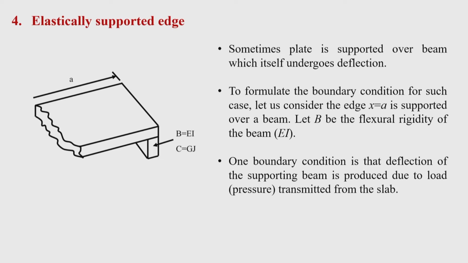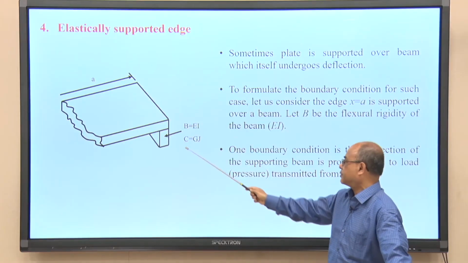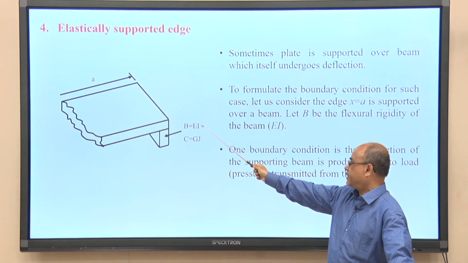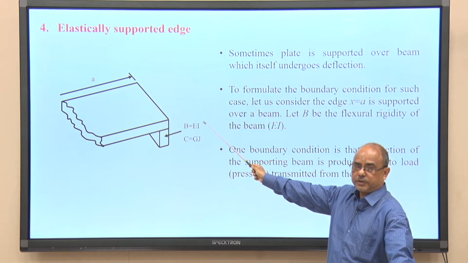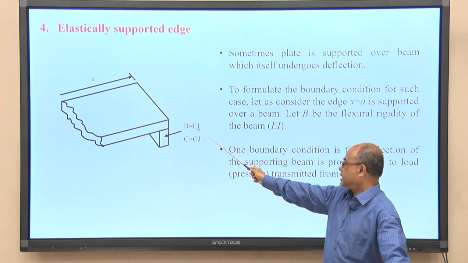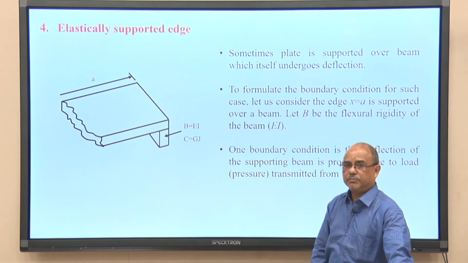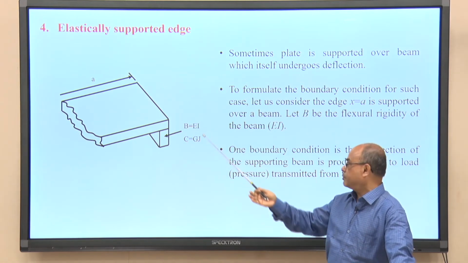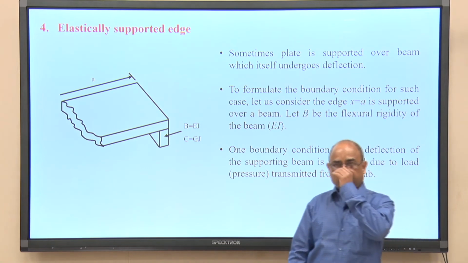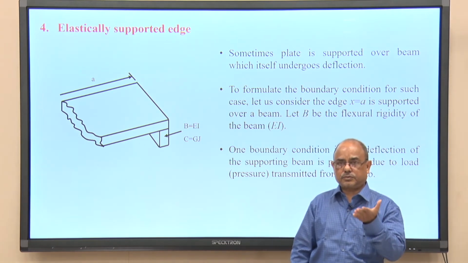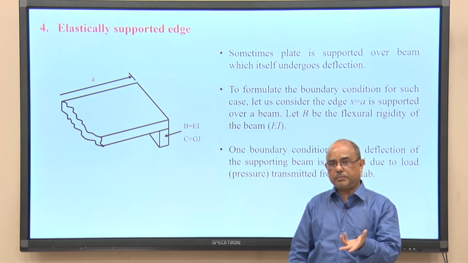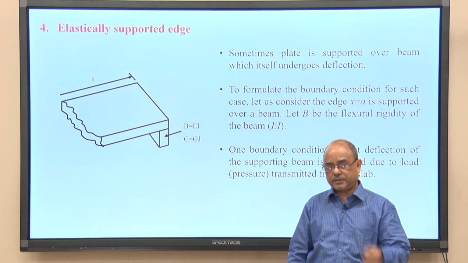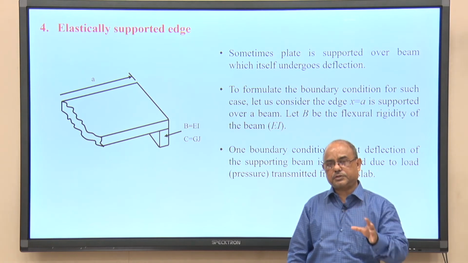Okay. So, two conditions I have expressed and I have written here. We should know two parameters for the beam. One is the flexural rigidity of the beam, EI, where E is the modulus of elasticity of the beam, and I is the moment of inertia of the beam. It is not necessary that plate and beam should have the same modulus of elasticity. Beam may be of different materials. Suppose if you construct a slab, say, of concrete of say 20 MPa, then the beam may be of concrete of 30 MPa. Okay. So, there will be a difference of modulus of elasticity.